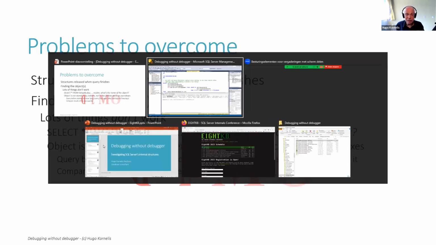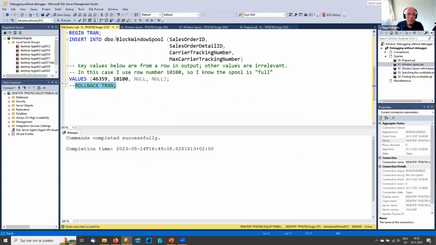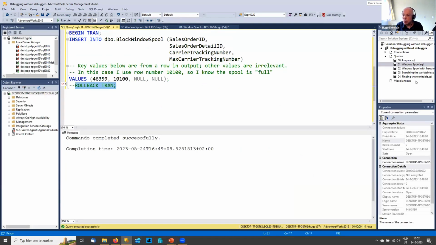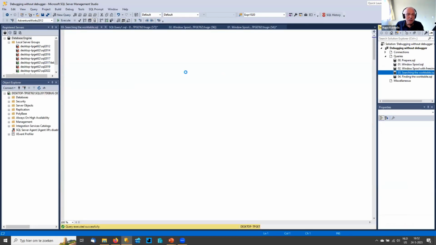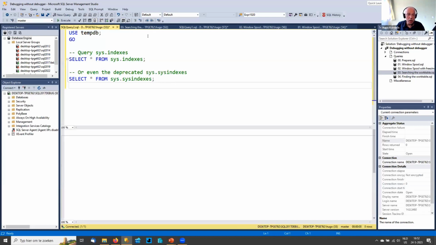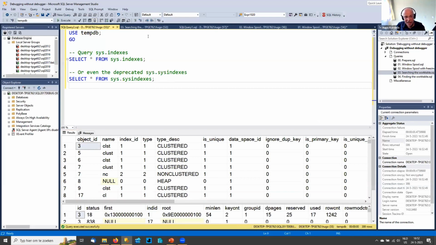So let's do that in my demo. I still need this. I don't need this anymore. I'm going to close windows I don't need anymore, otherwise I'm going to confuse myself. So I have this query that returns data from sys.indexes and from sys.sysindexes. I'm going to copy the text to a new window, and now I have the same query twice. Let's execute one of them. This is the query executed before anything started. There is no work table